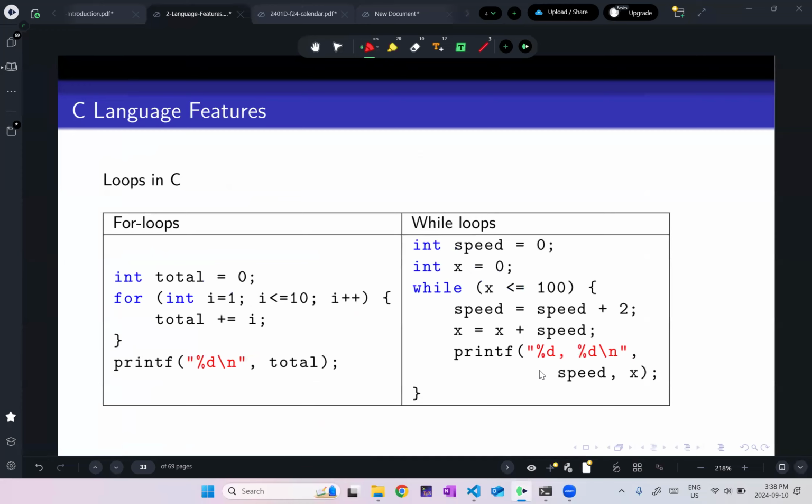All right. Loops in C, again, these are very similar to what you would have seen in Java. So a simple for loop. I declare the variable inside the for clause. So this is the variable, the condition, and then the increment. And I can also do while loops in C, and